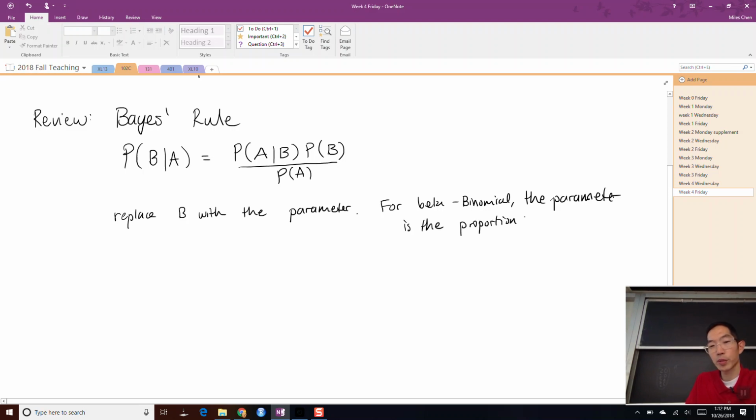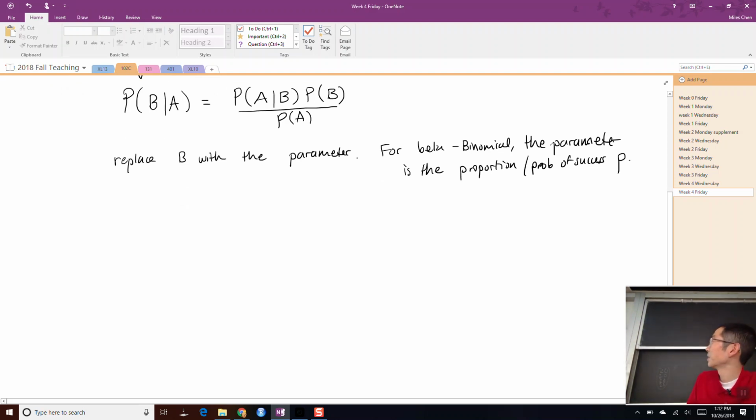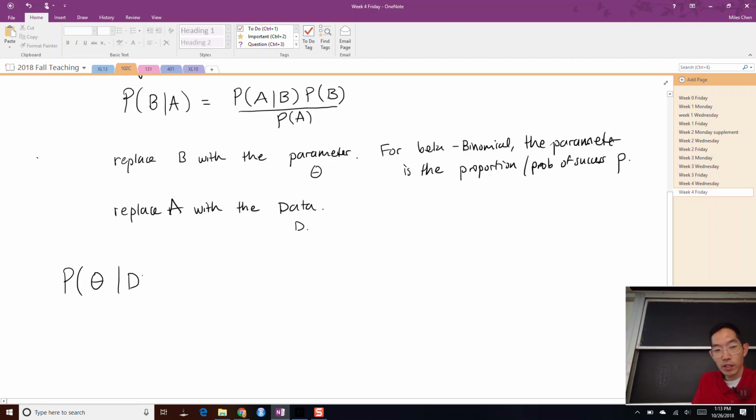Is the proportion or probability of success P. And then replace A with the data. Okay, and so this becomes, kind of the generic, we'll say the parameter, we might just write theta, and the data will be D. Okay, so we'll say the probability of theta given the data. So this is known as the probability distribution